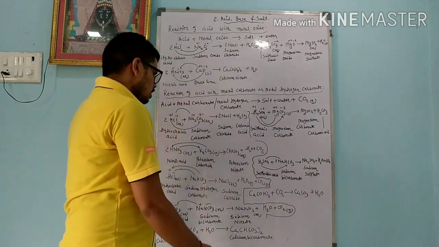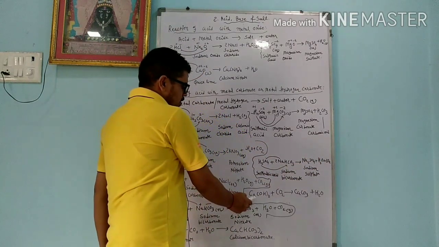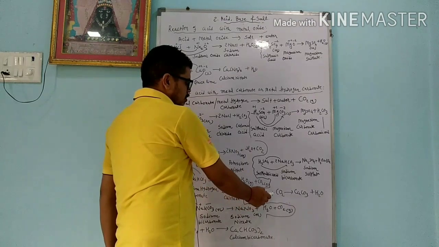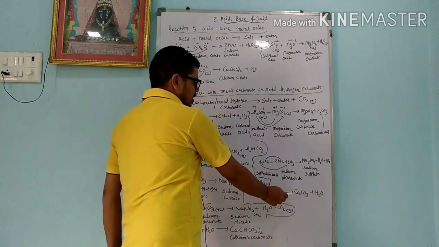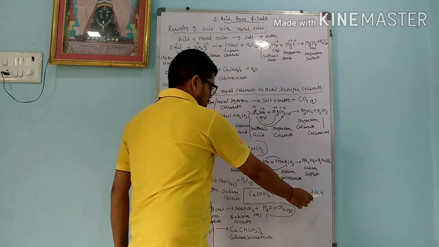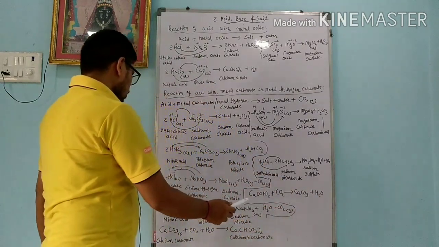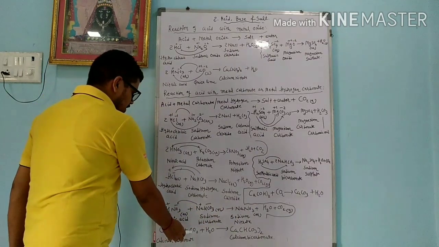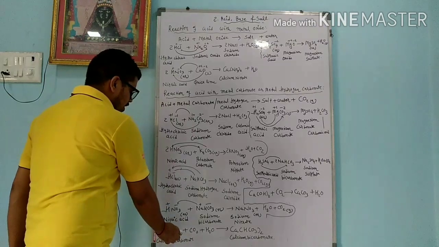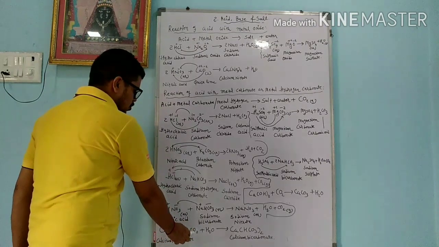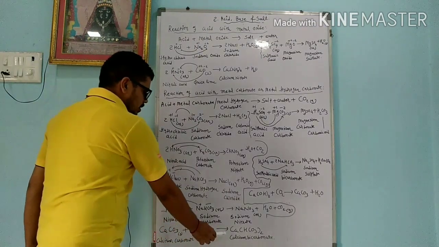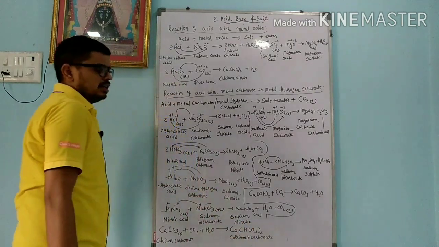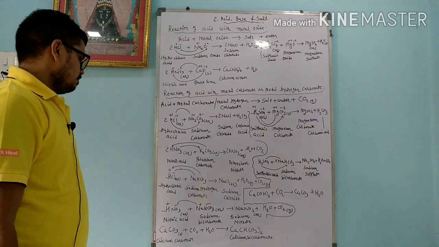Okay. Next, when slack lime, calcium hydroxide, slack lime is other name, calcium hydroxide react with carbon dioxide, then we get calcium carbonate plus water. This calcium carbonate reacts with the carbonic acid again. Calcium carbonate react with the carbonic acid, means CO2 plus H2O. We get Ca(HCO3)2, calcium bicarbonate, or it is called the calcium hydrogen carbonate.